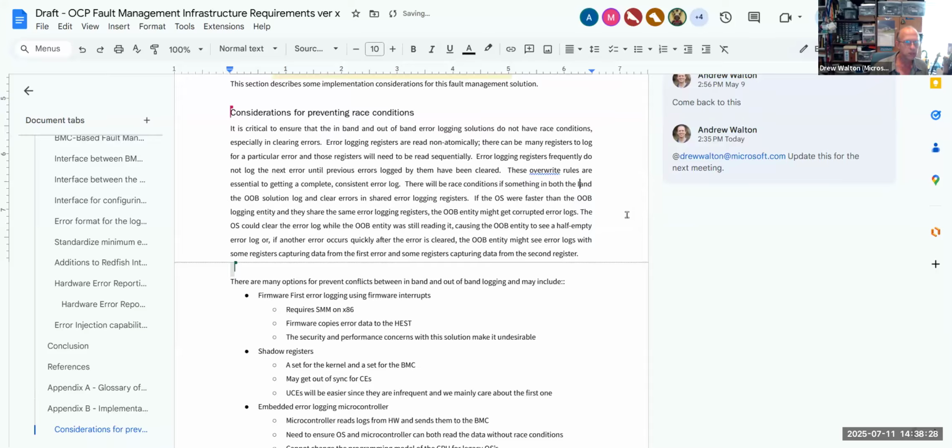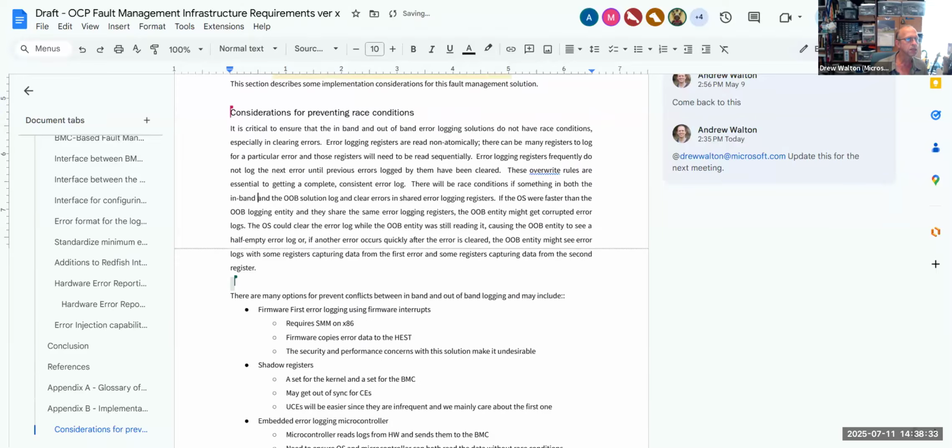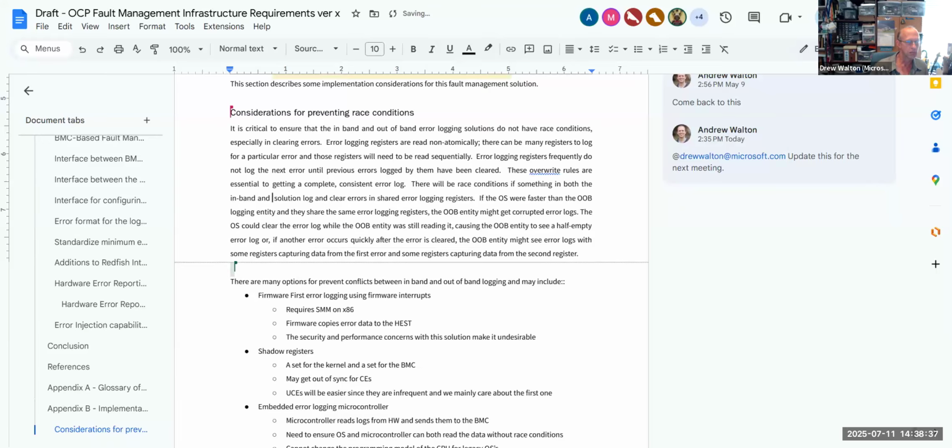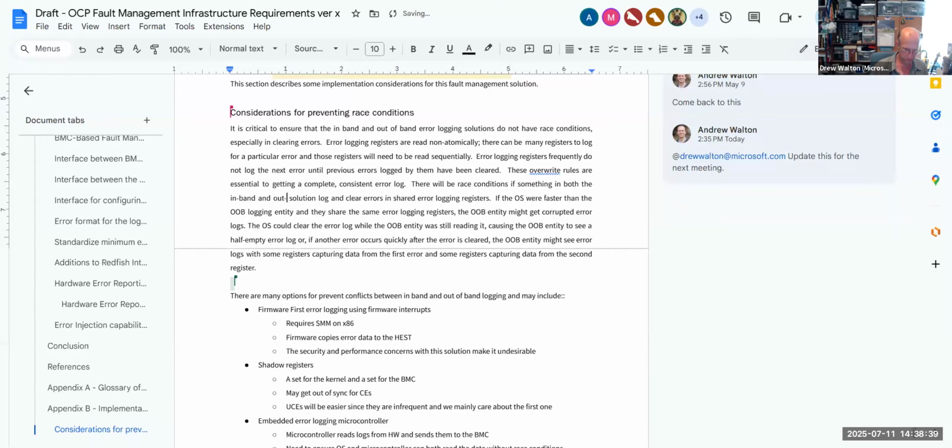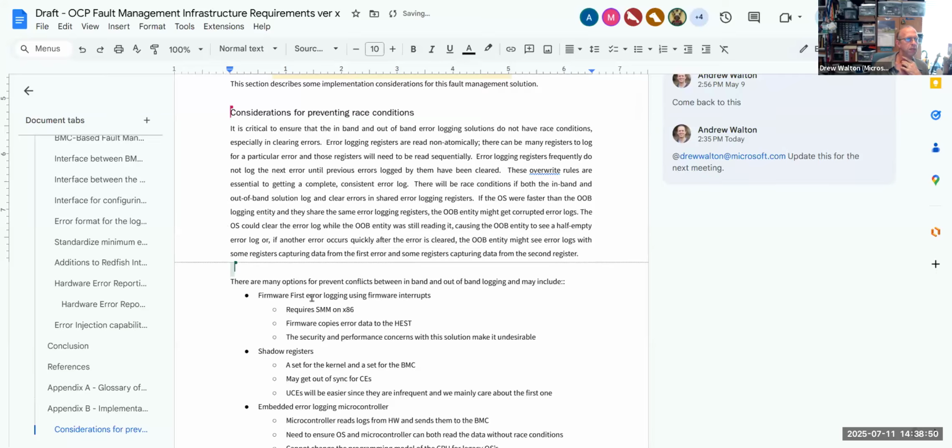So let's see, in-band and out-of-band. I don't have to say something in both, I can just say if both in-band and out-of-band solutions log and clear the errors in shared logging registers.